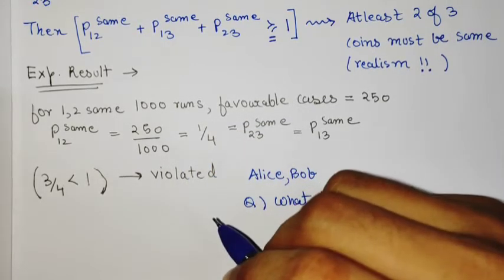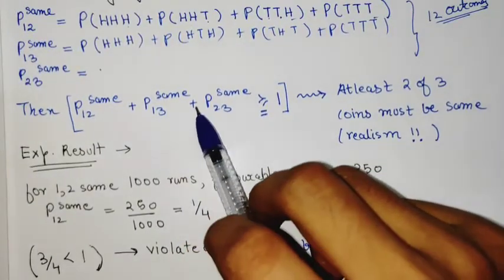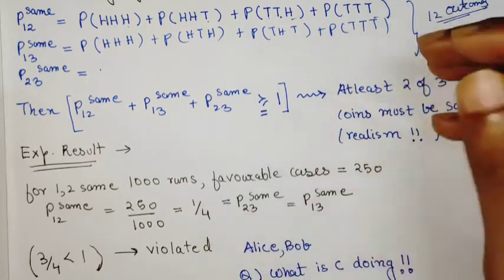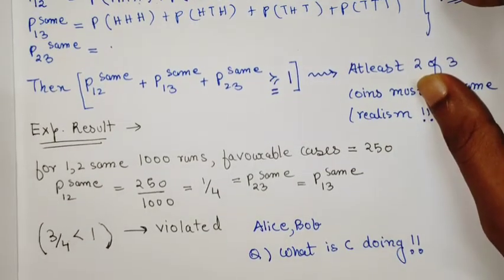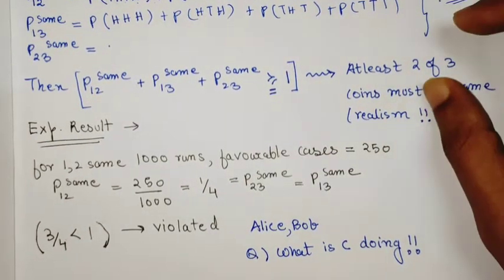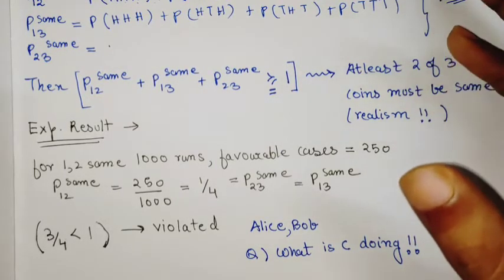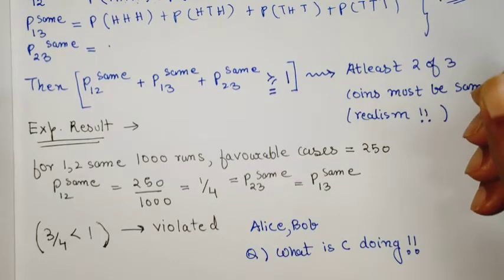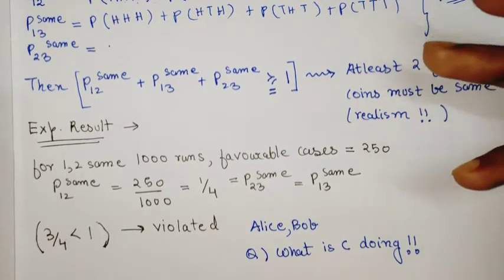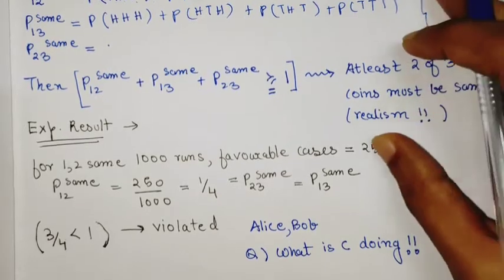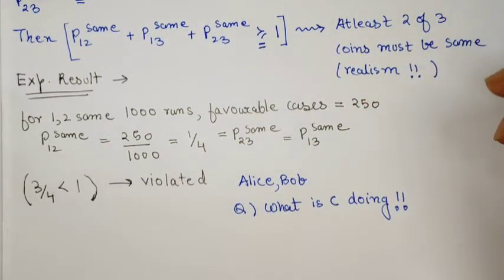This means that the sum of the probability is actually less than 1, that is 3/4, and hence the result is not classical. That means there is some problem with the coins, the problem with this correlation with the system, the way the system is flipping the coin. It is not at all something trivial coin flip. And so they ask Charlie about what is the problem with this system.